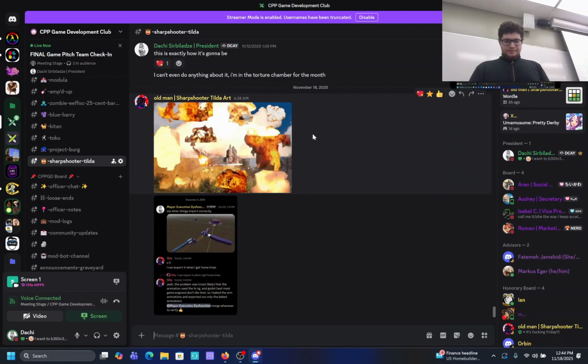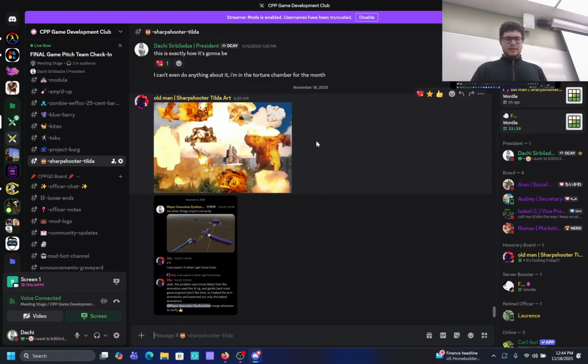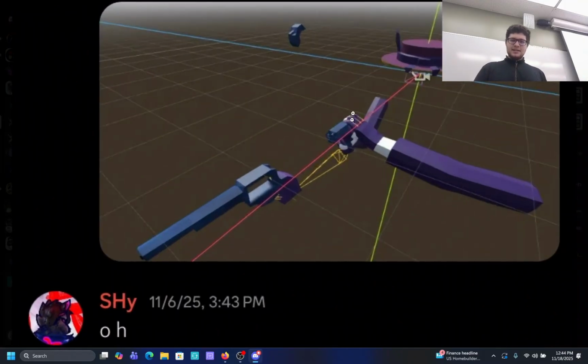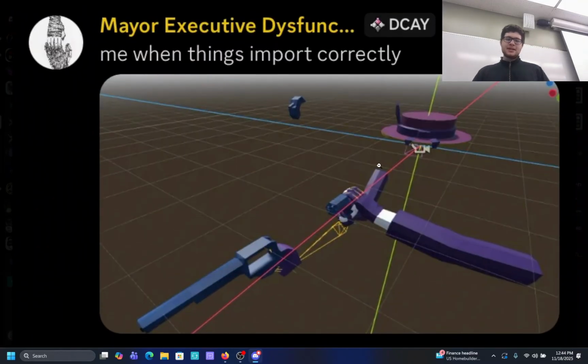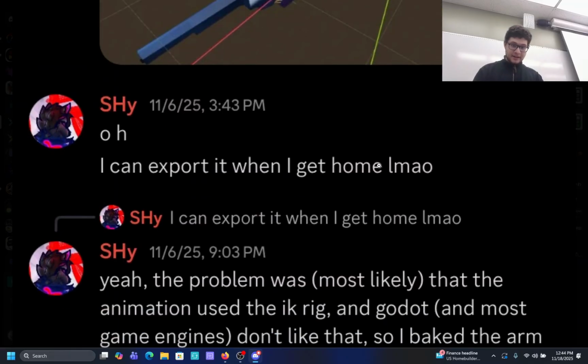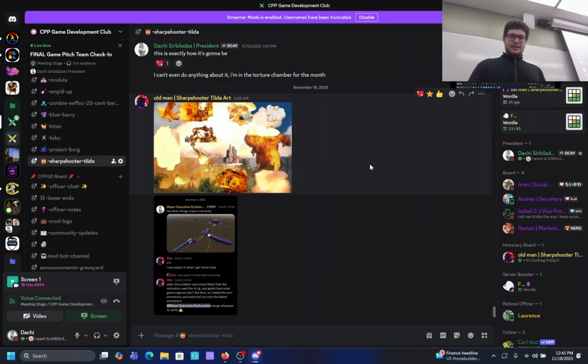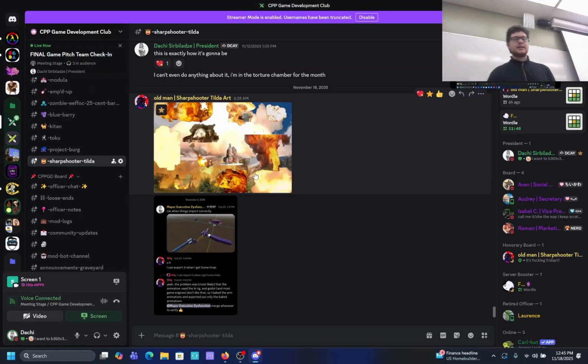Sharpshooter Tilda. Yeah, that pretty much sums it all up. This is the last-ish thing we did to try to import Solomon's view models, and it all broke because at the time I didn't know why, but then Solomon later reminded me this happens because Godot does not like IK rigs and would like you to bake all of your animations. So yeah, he pushed an update with baked animations, I think,